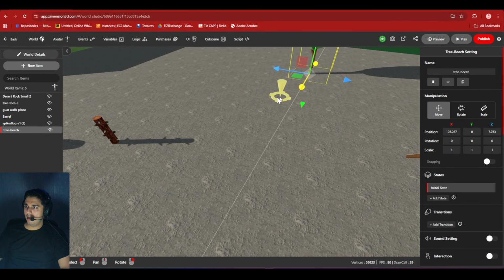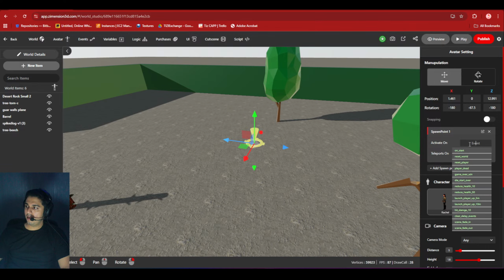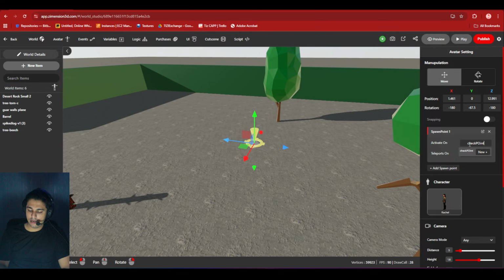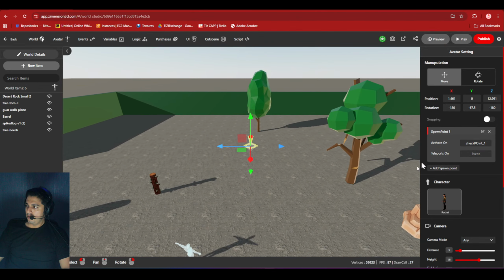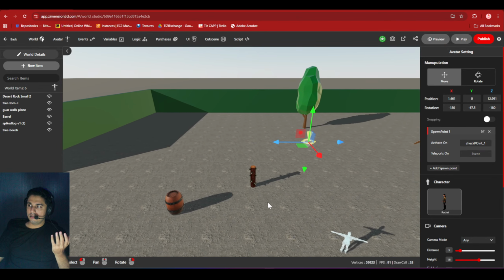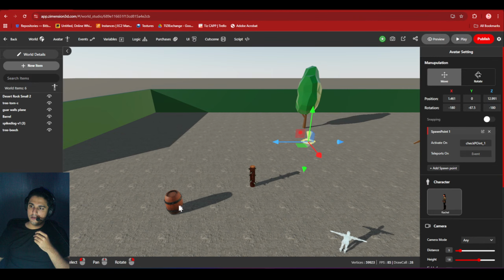So for this, I'll click on this spawn point and I'll add an event like checkpoint. You can write anything. Checkpoint one, and I will click on new. So this will basically trigger this event, activate this checkpoint. All right. And how will I trigger this particular event that we have just created?